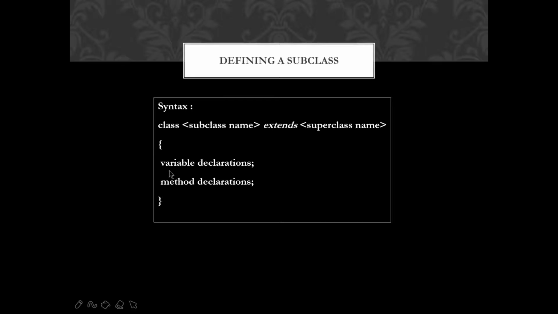And then within these two braces, you need to write down all the variable declarations, method declarations, and constructors, everything that is related to this class. Now this class can get the properties that are defined here, and also this class can get the properties that are defined in this superclass also. We'll see in detail with an example also.